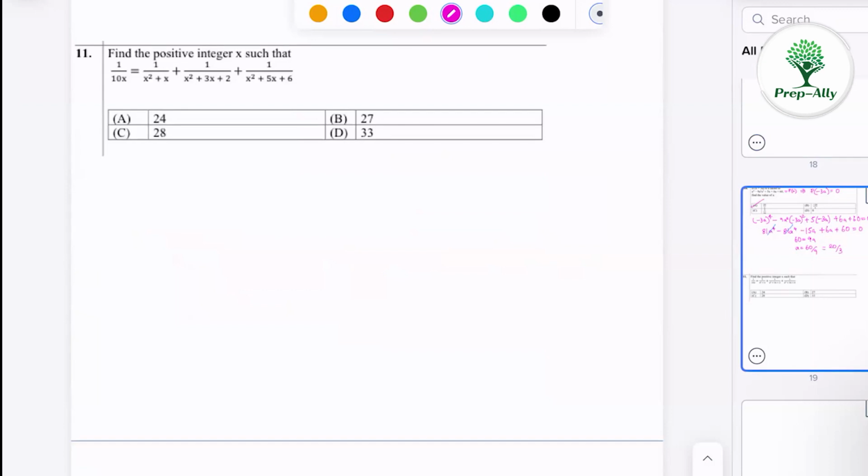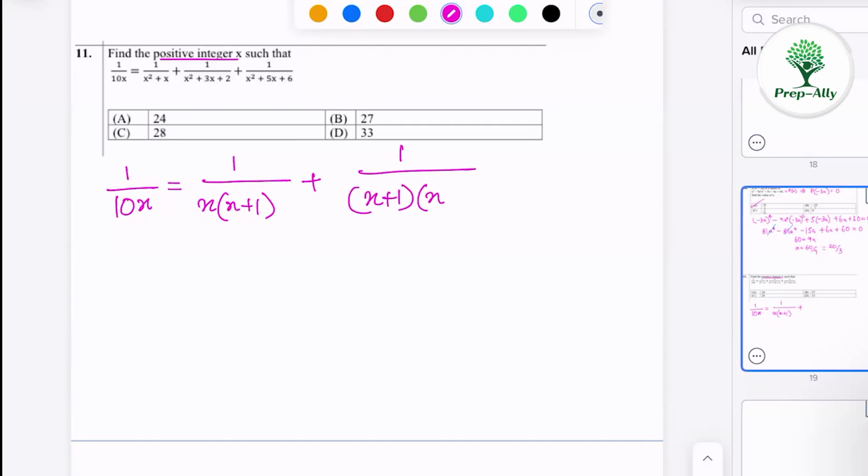Let's look at question number 11. So we have to find positive integer x such that 1 by 10x equals, so now this 1 by x square plus x can be written as x into x plus 1, plus 1 by x square plus 3x plus 2 can be written as x plus 1 into x plus 2, and 1 by x square plus 5x plus 6 can be written as x plus 2 into x plus 3,